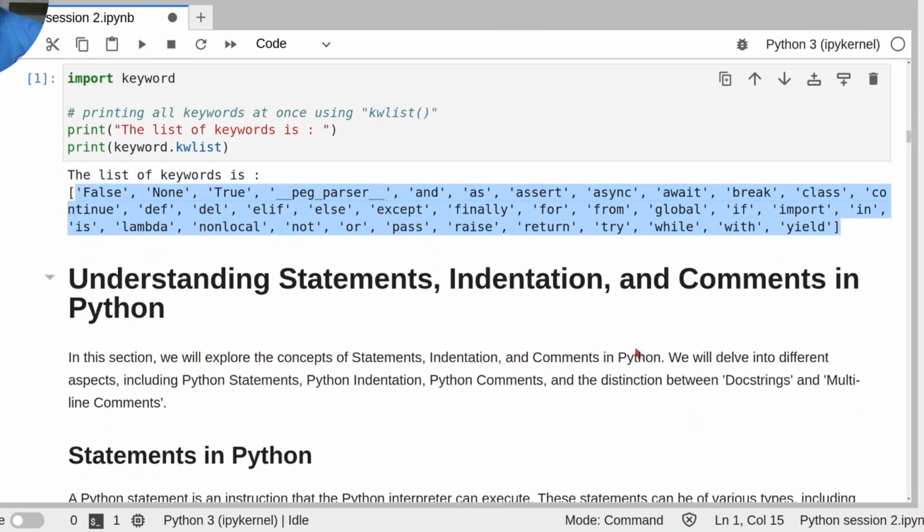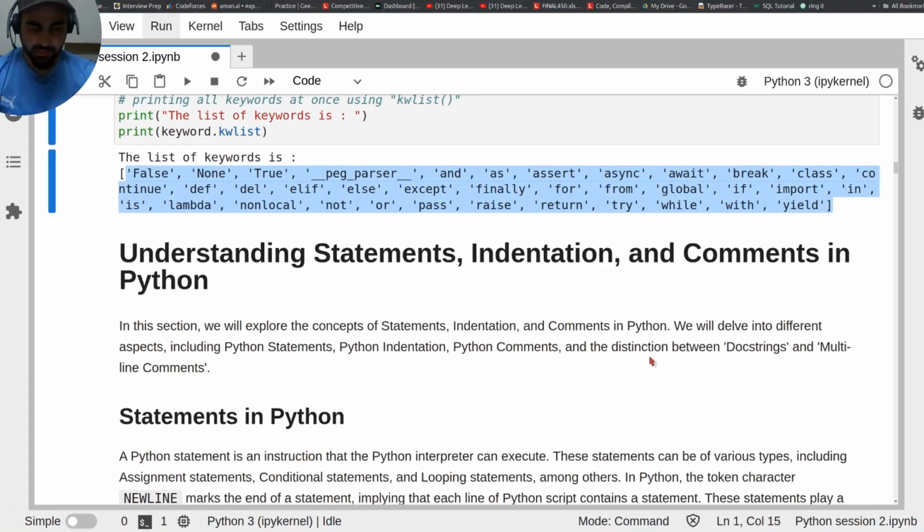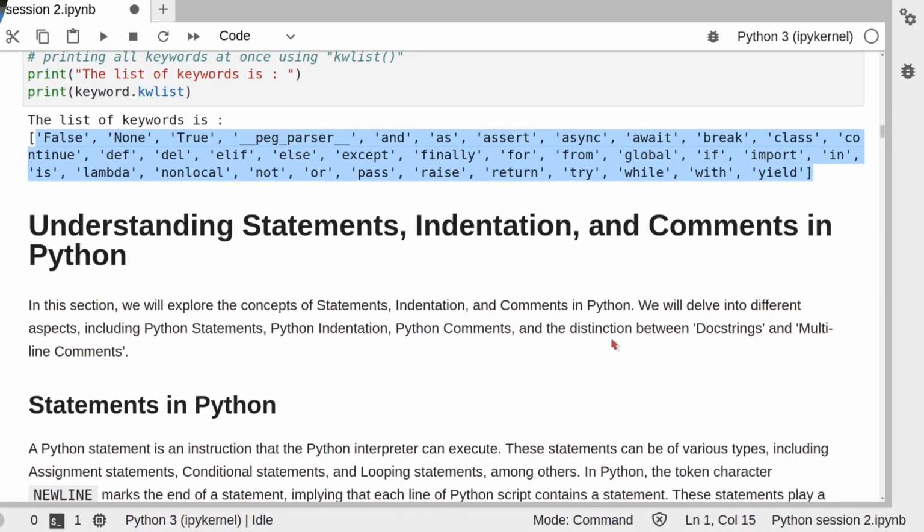Okay. Now let's move to understanding what a statement is, what indentations are, and how to comment Python code, because this is really important. When you write real world code, you have to write it in a really good way so that people can understand it. It's not that you write code once and nobody will read it. As I always emphasize, whenever you are writing code, it is write once and read multiple times, because you will be working in a team.